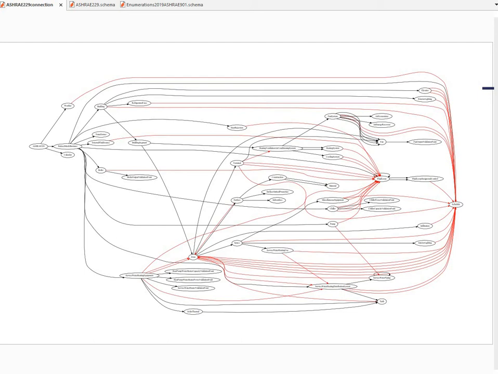This time we're covering the ASHRAE 229 root data group, the Ruleset Model Instance, the building data group, and the building